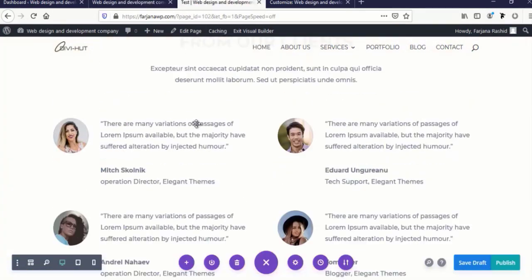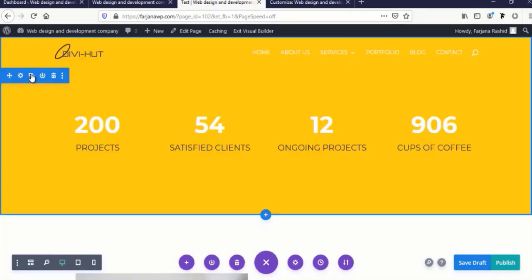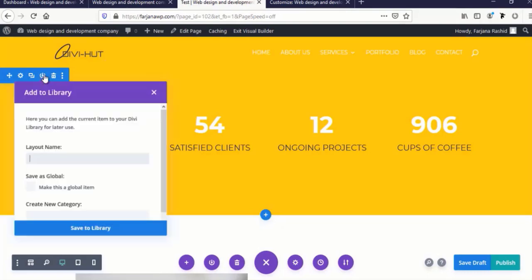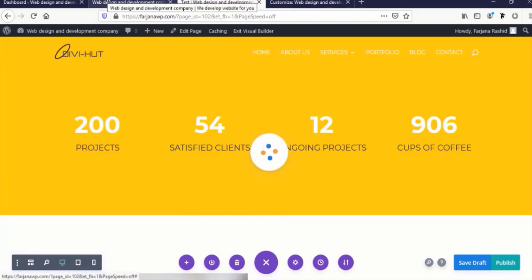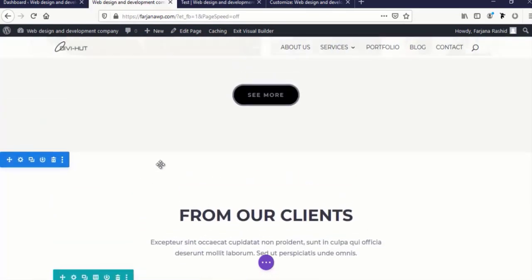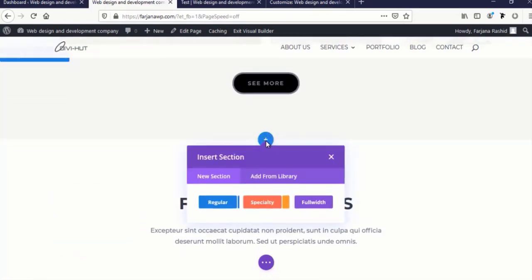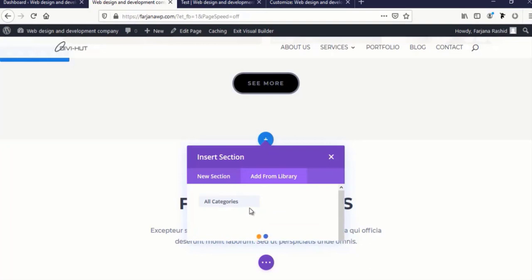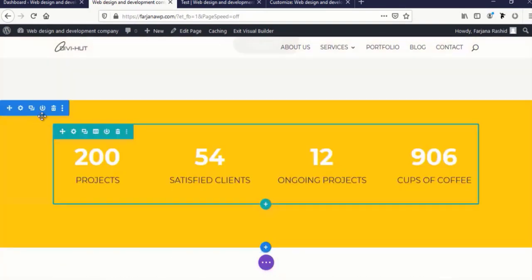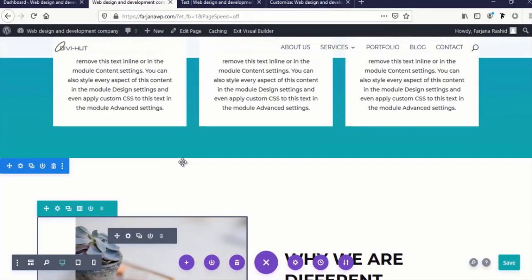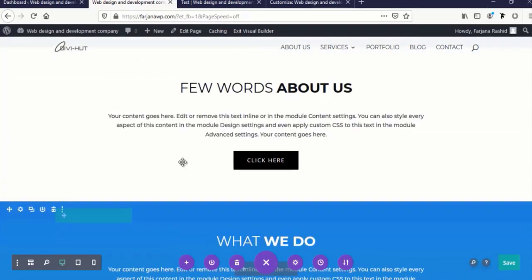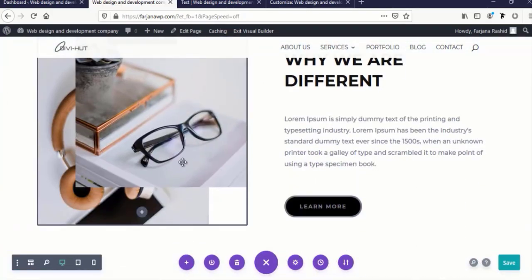And here is a section we have left. I'm going to save it as bottom 6, save to library, and add that section to here. Here is our client section. Okay, now I'm going to save it,